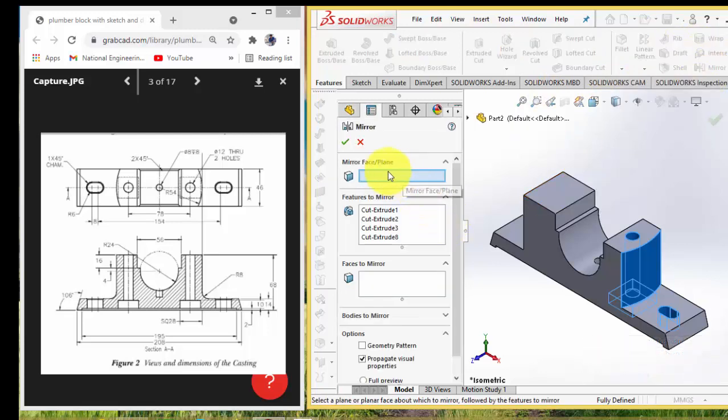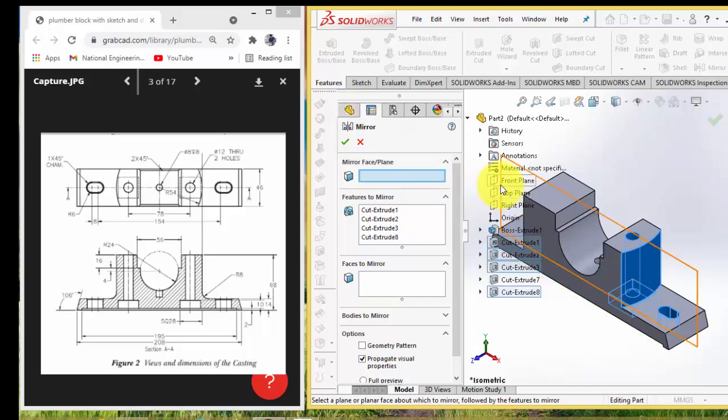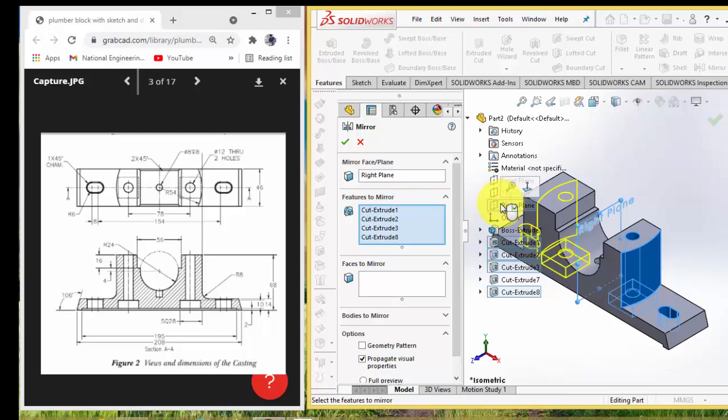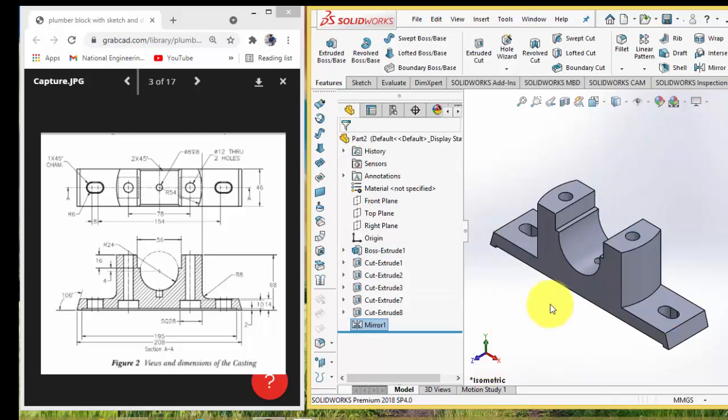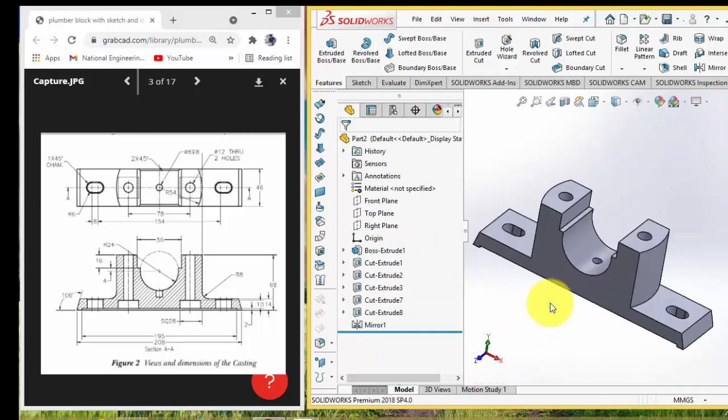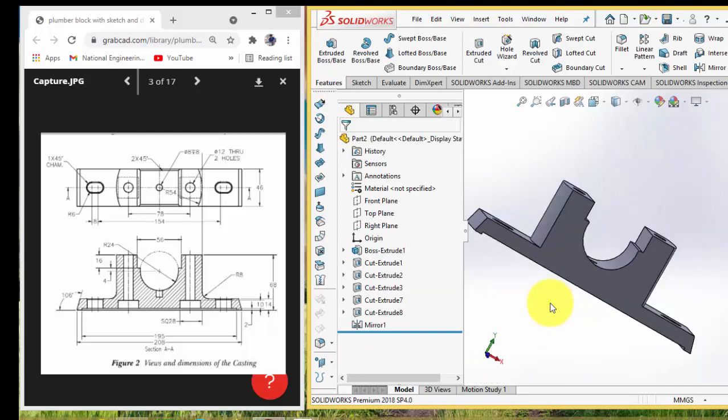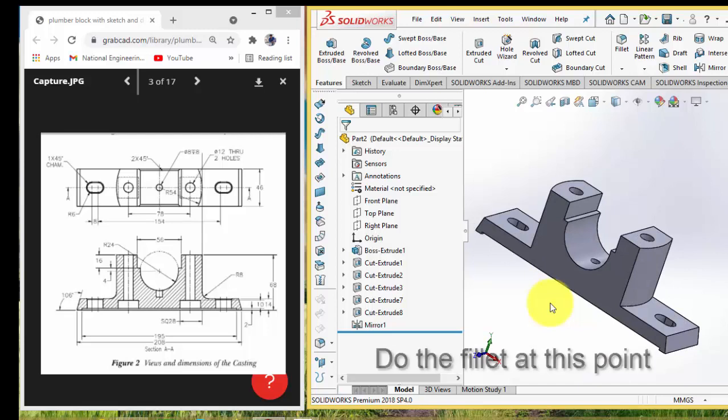We have to select the mirror face. I am clicking the feature manager and selecting the mirror plane. This is the right plane to mirror it, and if I click OK, it has been mirrored perfectly. So this is what we needed. We have drawn the component that we expected,